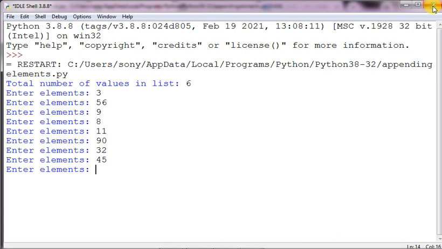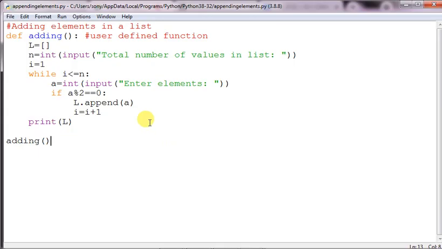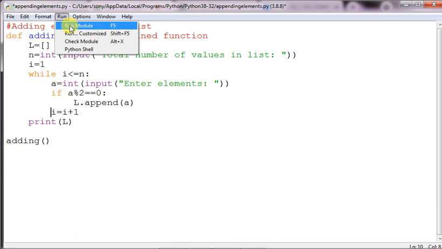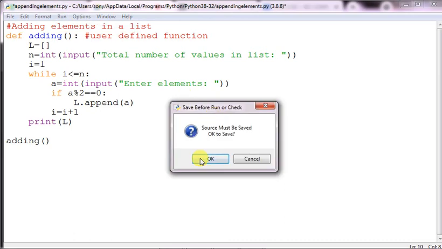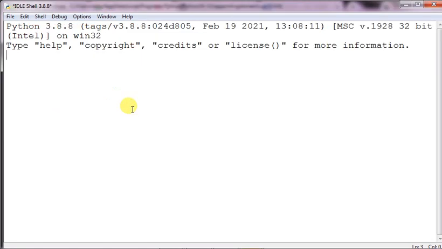So what is happening out here, it is somehow entering. Just a minute. There is something wrong in the program maybe, so we'll check it out here. I equals to I plus 1 has been placed wrongly, it should be given out here. So the positioning is very important. Let us execute it once more and see how it is executing. Because I equals to I plus 1 had been given inside the if condition, that was the problem.